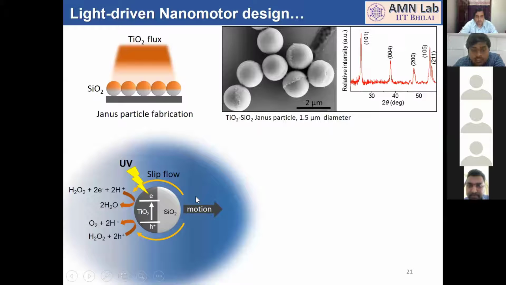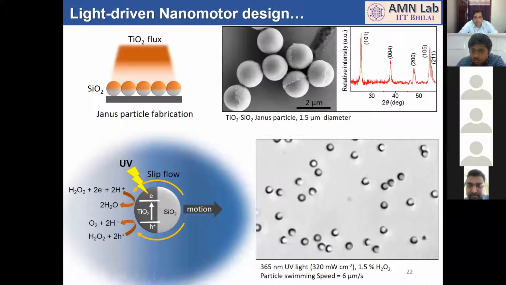Now if I put it in an aqueous peroxide medium, these generated electrons and holes contribute to redox reactions, and they split or decompose the peroxide on one side. Again, we eventually get the chemical gradient around the particle, and according to what I discussed before, this becomes a nanomotor and starts to swim. The good thing is we have control over the activity, because there is a light that we can always control. Now it is time to see how the nanomotors swim. Here we have some of them in this system.